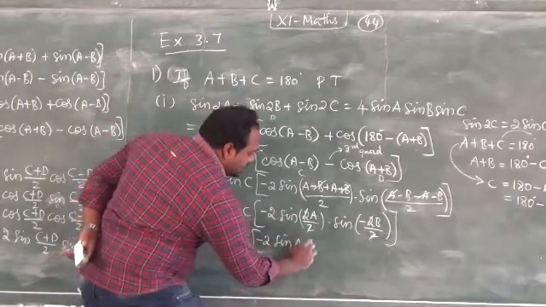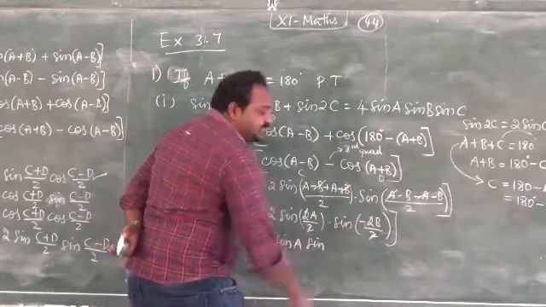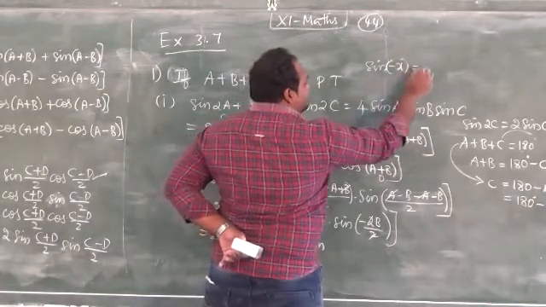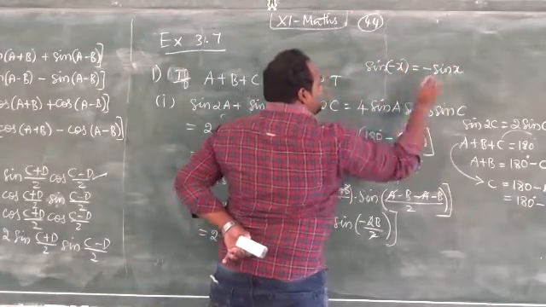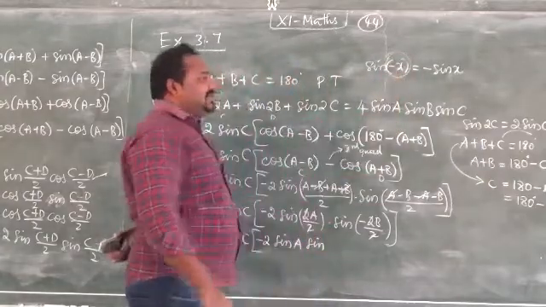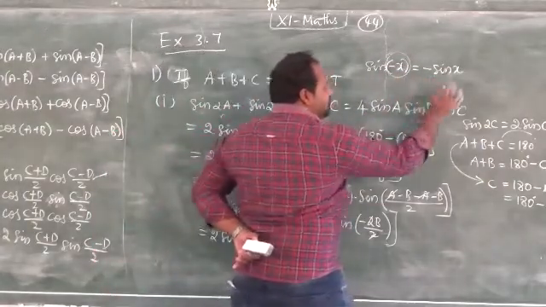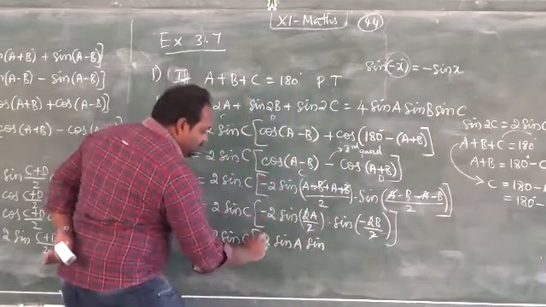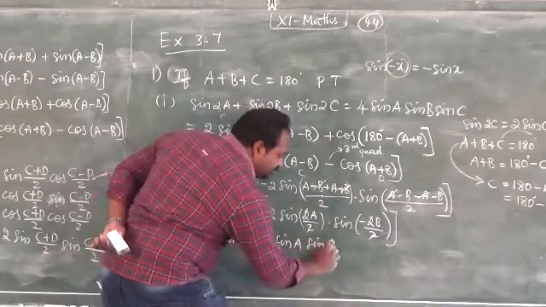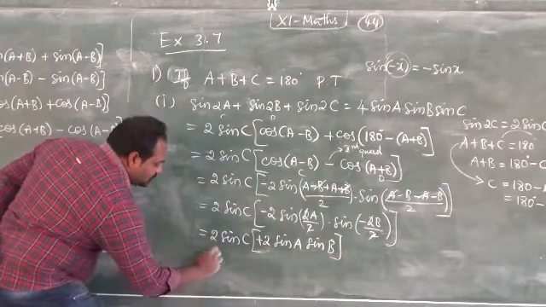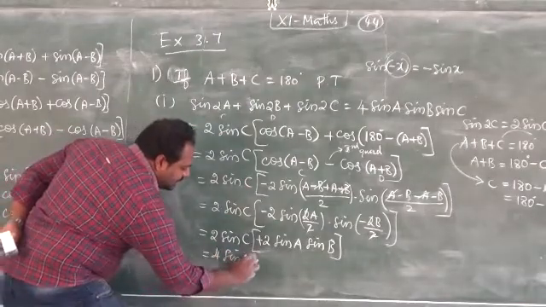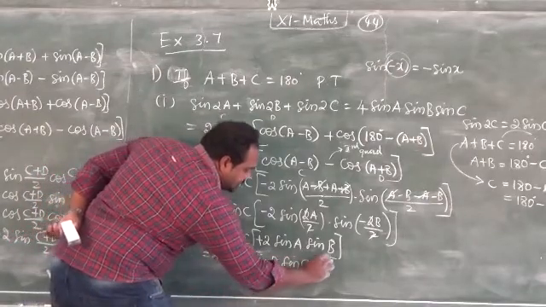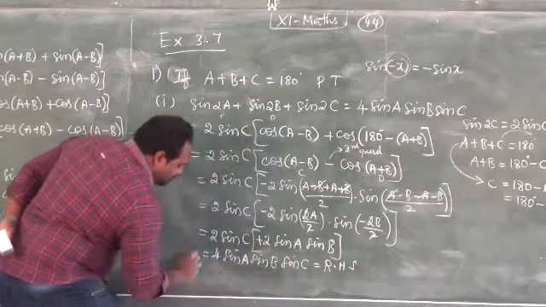sin A. Yes, sin minus B will come, sin of minus x, always the minus sin x. So the whole function will become negative. When you have an angle negative in the sin ratio, the whole function will be negative. So sin of minus B will be minus sin B. Minus into minus, it will become plus. So sin B. 2 into 4 sin A sin B and sin C, which is the RHS, hence proved.